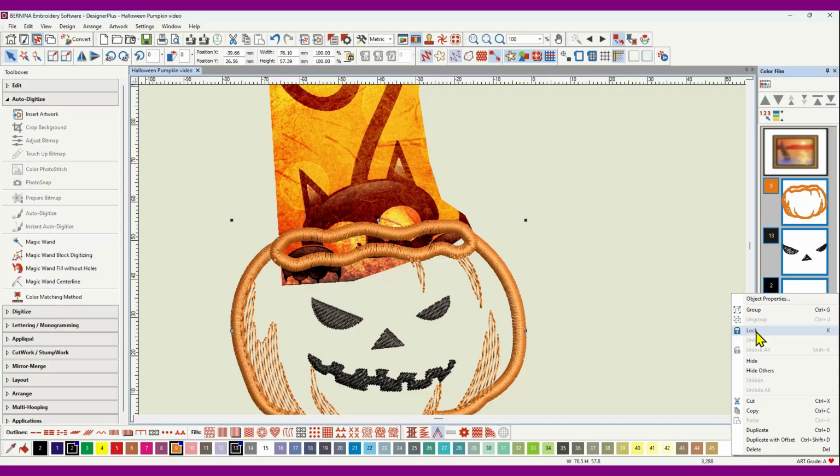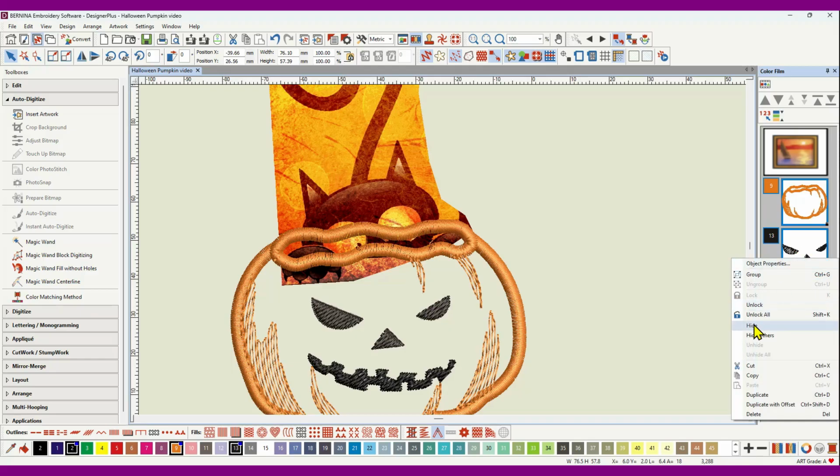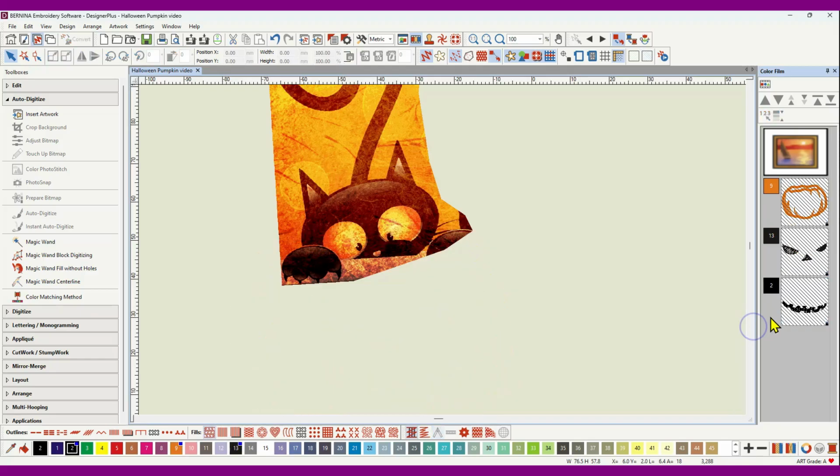I don't know if I can hide after I've locked, we'll see. And then I'll right click again and I can hide, yes. So they're both locked and hidden. So I can't do any damage to them whatsoever, and they're out of the way, so I can digitize the